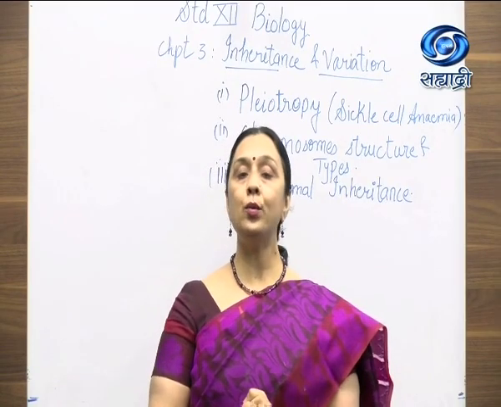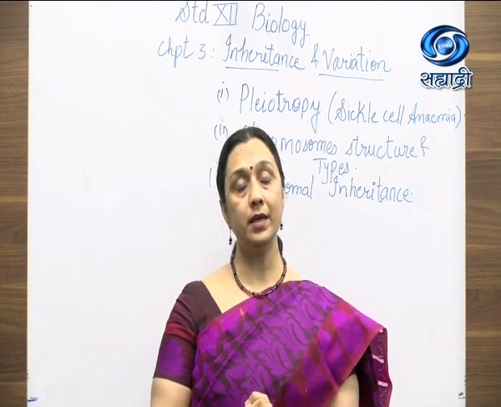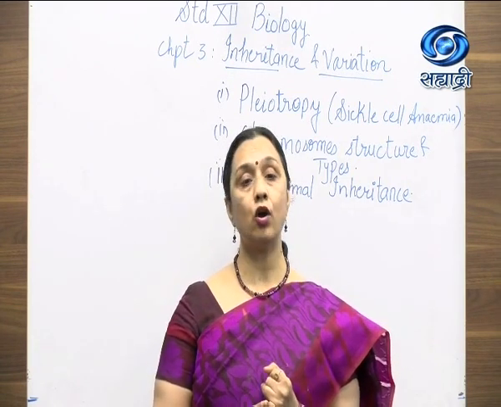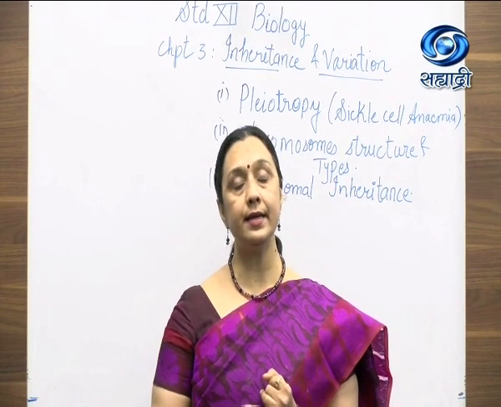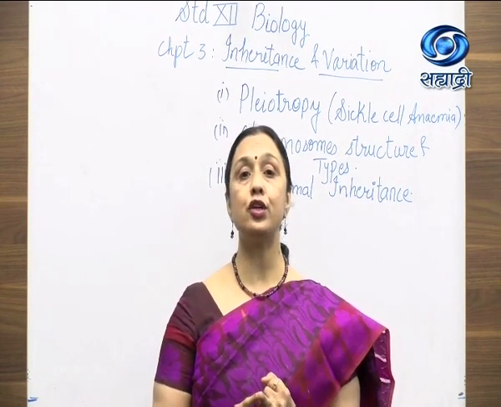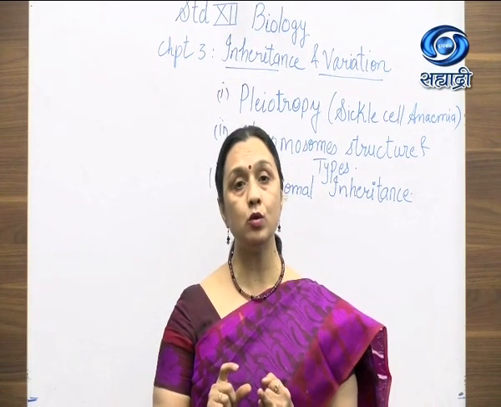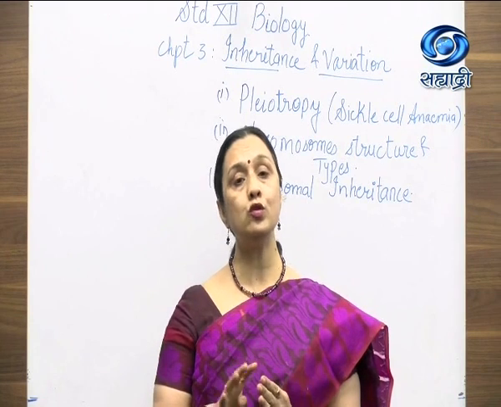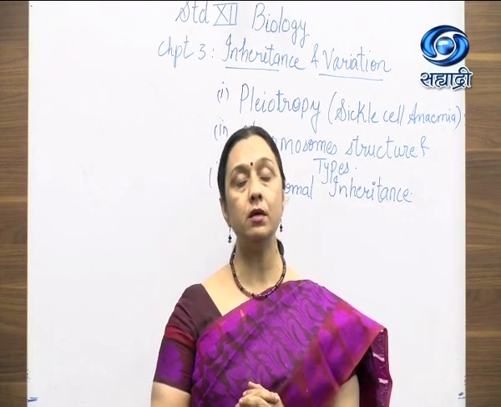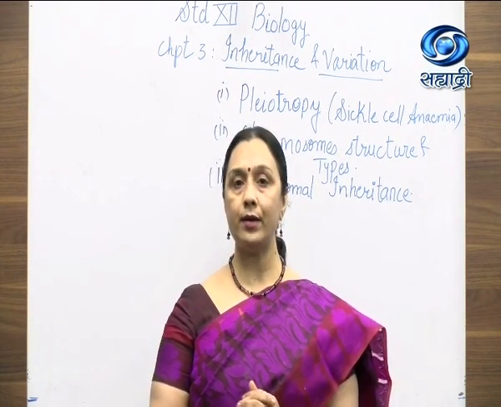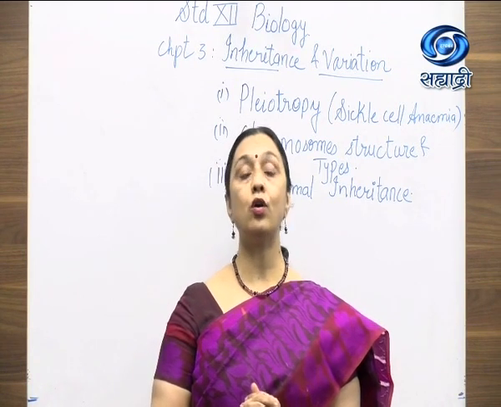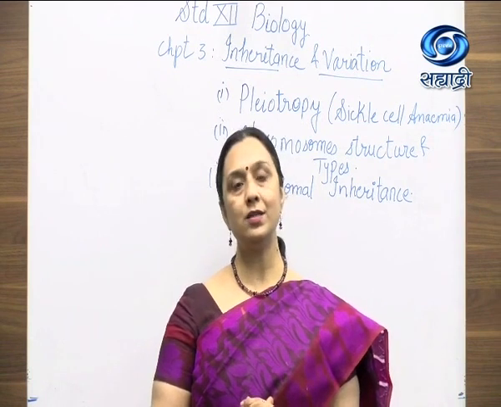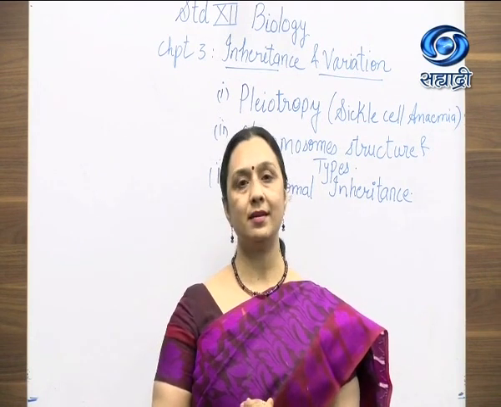Yes, students. So today we discussed 3 important concepts. Pleiotropy. In pleiotropy, in detail, I taught you about sickle cell anemia, its inheritance. Then we studied the structure of a typical chromosome. We studied about SAT chromosomes. We studied about 4 types of chromosomes depending upon the position of the centromere. We distinguished between X and Y chromosome. And finally, we started with autosomal inheritance where we studied widow's peak. I hope you have understood all the points. Please revise it once again.